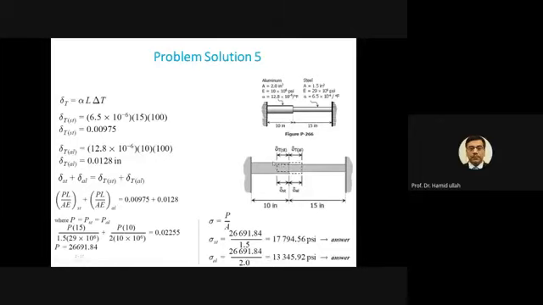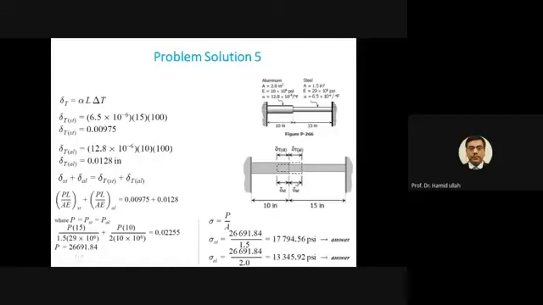The aluminum one you can see with this dotted line. Because of temperature increase, for sure aluminum is going to expand. So we can label this expansion as the expansion of steel, delta ST, and this one we can label delta aluminum. And 10 inch and 15 inch are the lengths already given for these two sections.